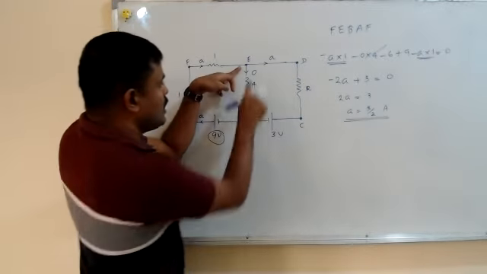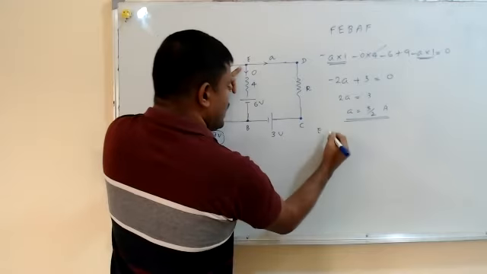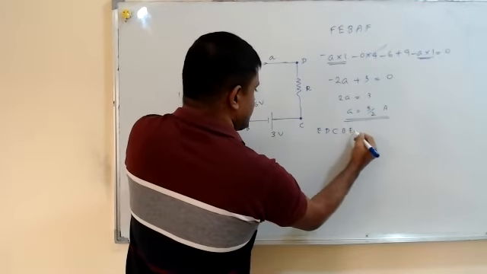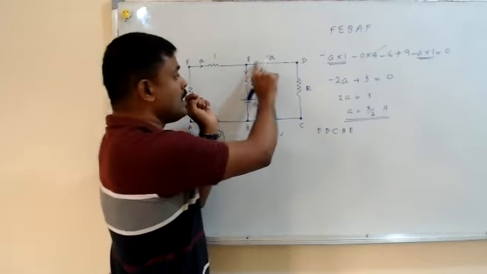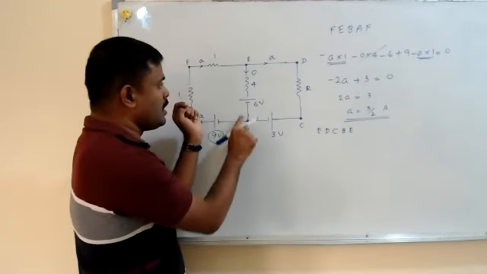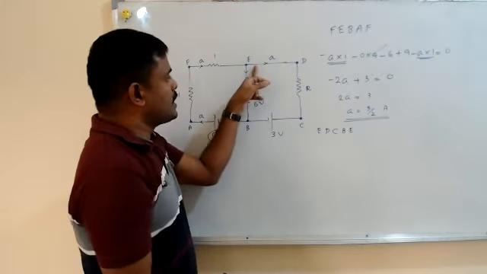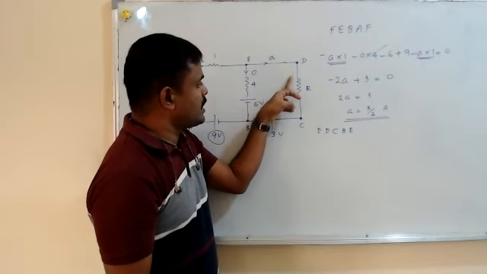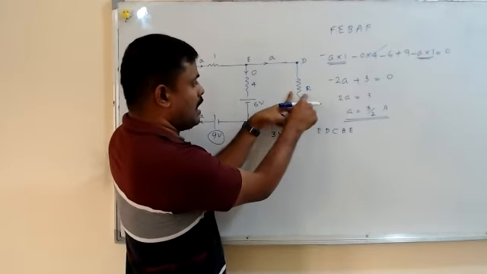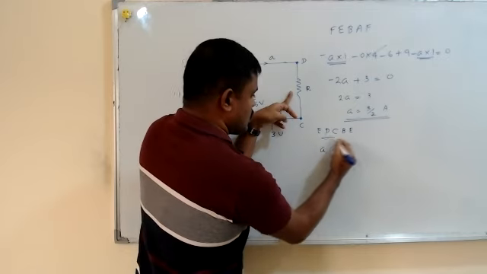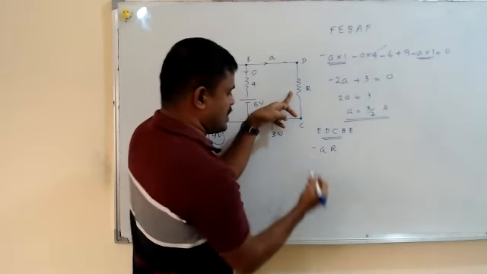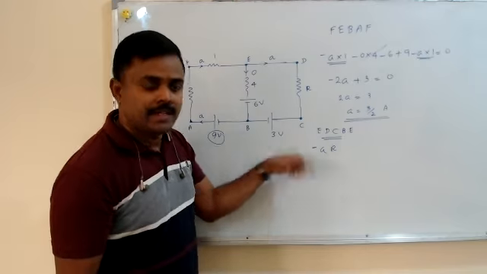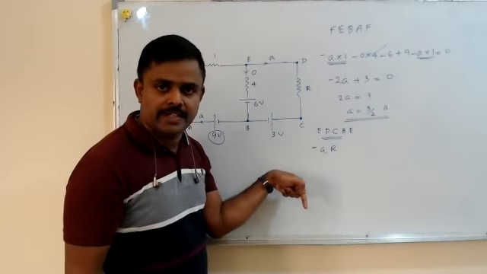I'm starting from here. E, D, C, B, E. So I'm just coming back to E. I keep walking. I walk to the right, I come downwards. What is the first thing? R, current into resistance. So A into R, it is negative. Why is it negative? Because I was walking downwards, the current was also flowing downwards, right?